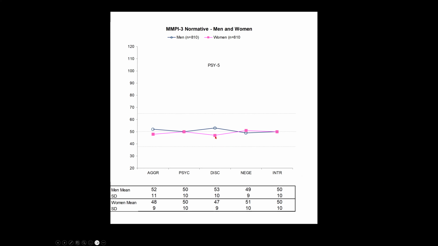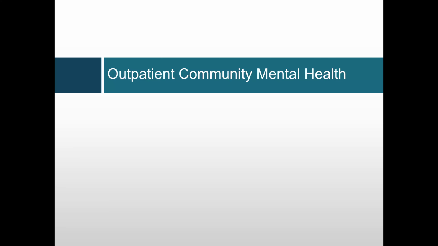This is a very well known phenomenon. We had the same phenomenon or the same difference on the MMPI-2RF, not only with the normative sample, but many of our comparison groups. Men fairly consistently score higher than women on the disconstraint scale. And again, using a comparison group gives us that additional perspective. We'll talk a little bit more about what to make of such differences later in the presentation. Okay, so that's our normative sample for the MMPI-3.